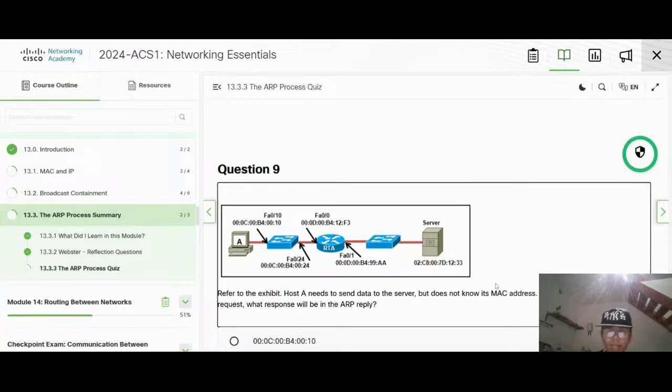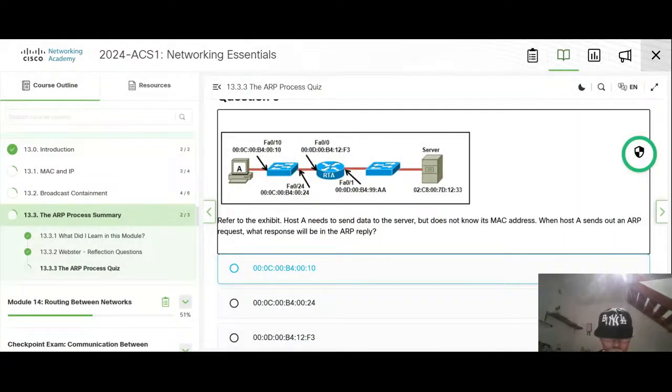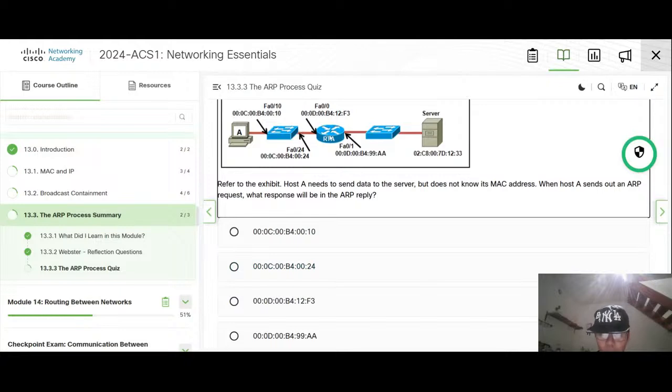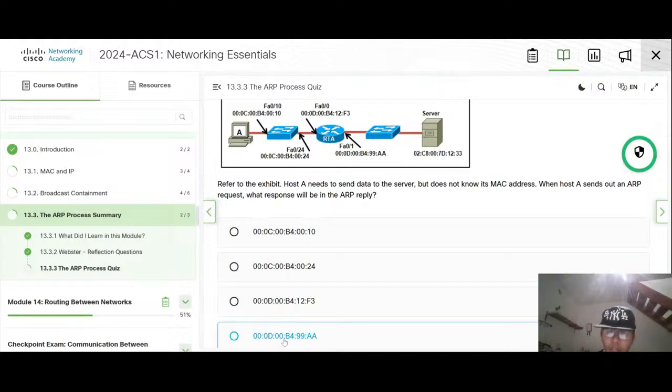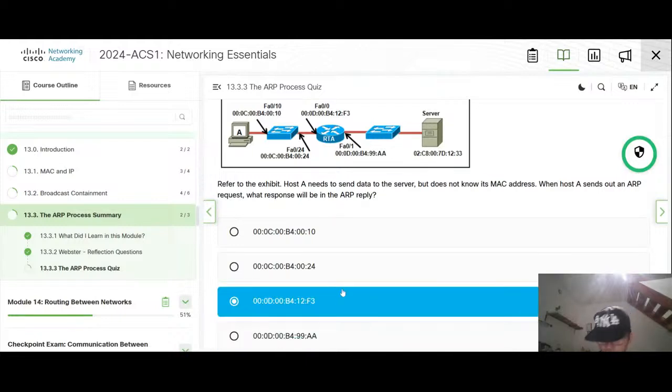It does not know the MAC address. So if we request and you respond, we reply with this address, which is B4988, oh, it's the F3.